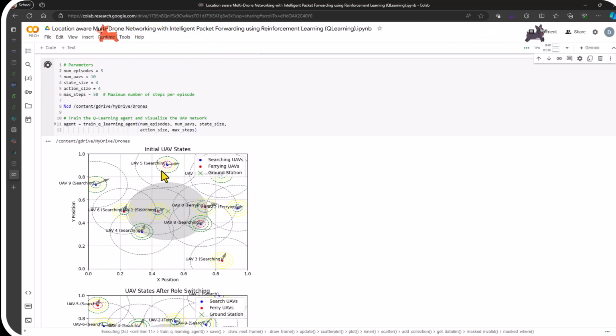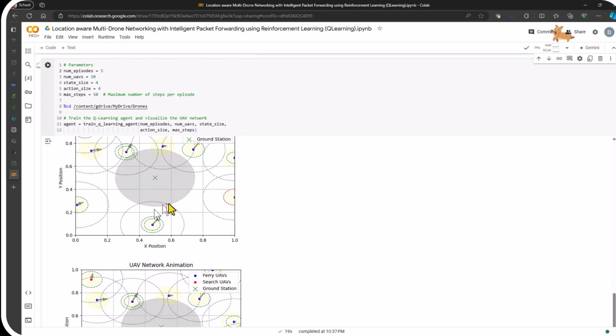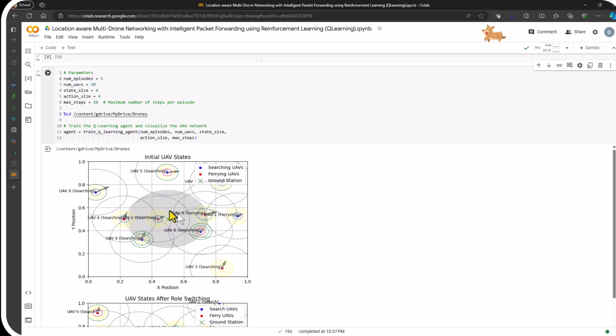So I'll run it, and you see here that we randomly created a set of UAV states in the network. We have some searching drones here with some good networks. We have UAV 5, which looks like it has a bad network condition with the red, and an okay good put with the yellow. We have UAV 6, started moving here. UAV 6, we see the ground station has this big gray area here with connectivity, right? And we see UAVs all around.